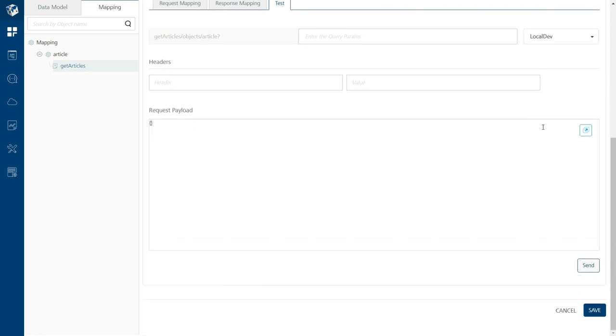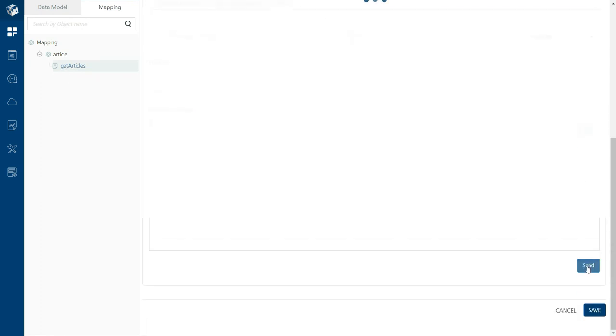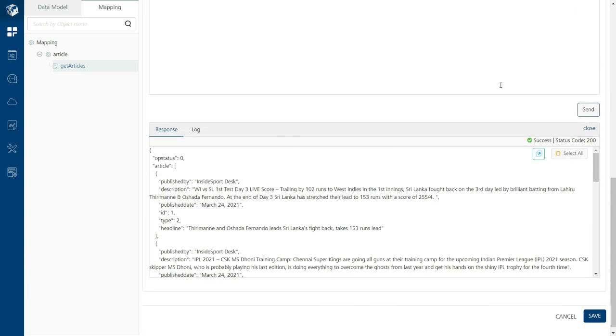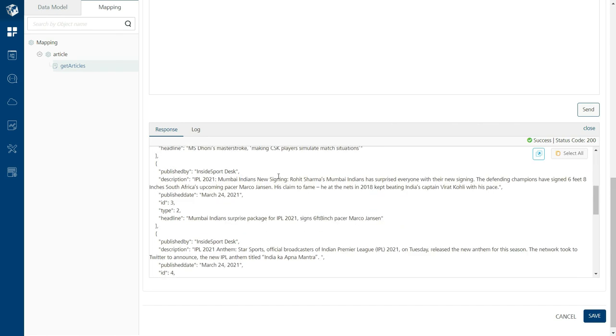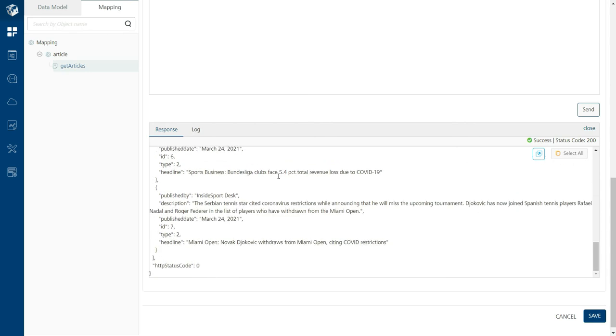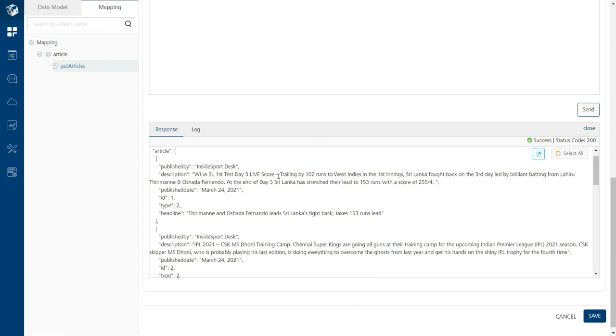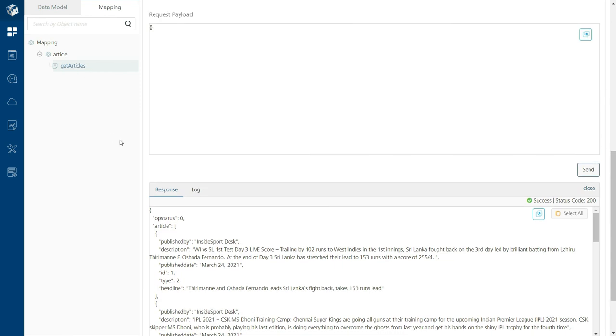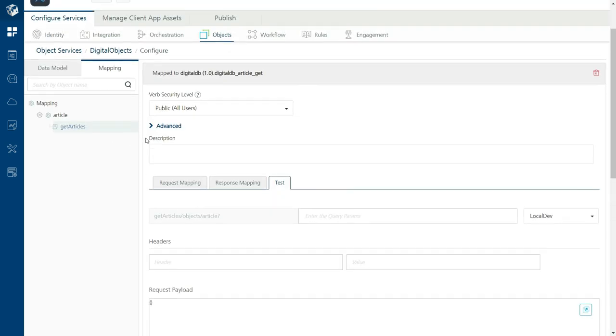So let us try to test this. When I click on send, because I am not sending any value for the type, all the articles inside the articles table are retrieved from the integration service operation, and they are given to the get articles operation that we are defining inside our object service.